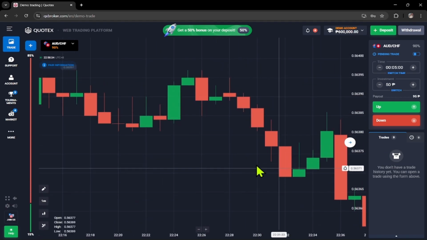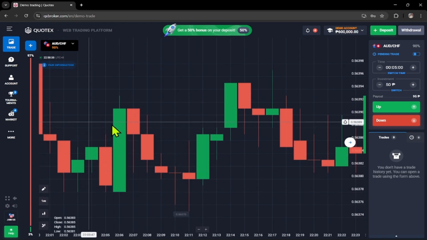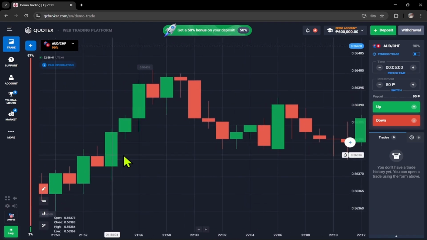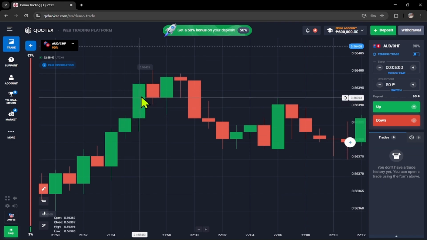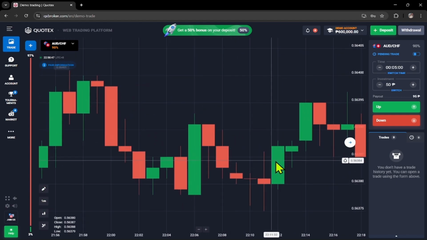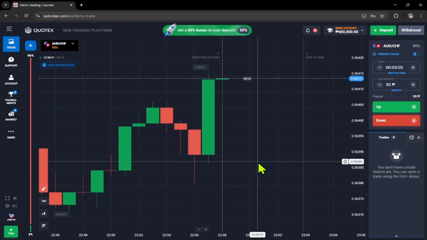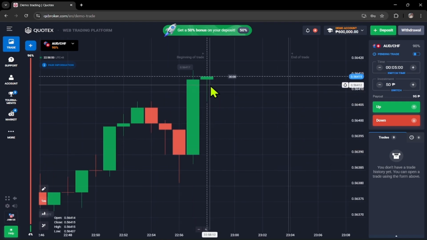If candles become smaller, near support or resistance, the market may be slowing down. If a strong candle breaks through a key level, it may show momentum in that direction. Before placing a trade, check the trend, support, and resistance, and recent candle behavior together. And that's it. You now know how to read every candle in